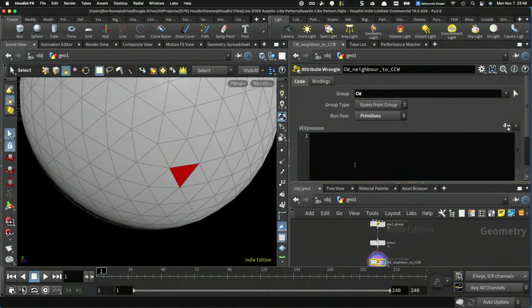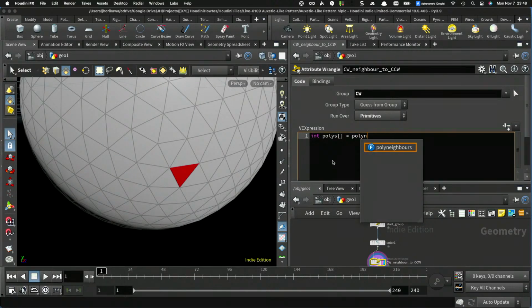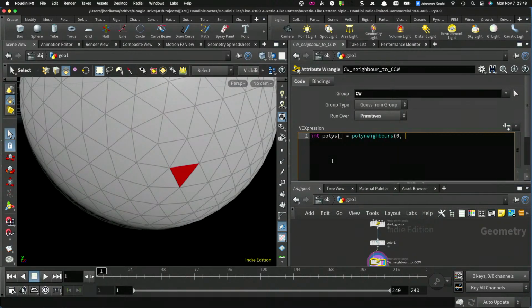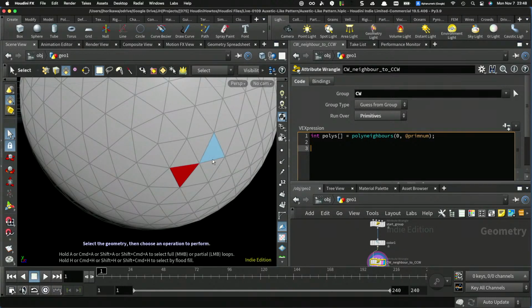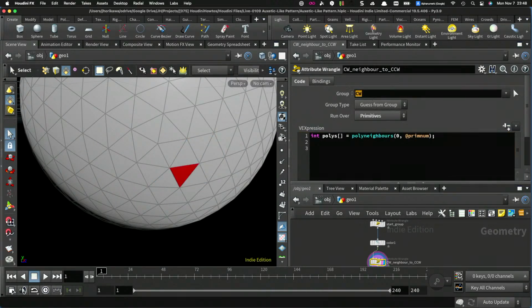I'm just going to get all the neighbor polygons which belong to this one, which connects to this group, by using poly neighbors, which in this case should give you 3 polygons because there's only one CW group. Okay,